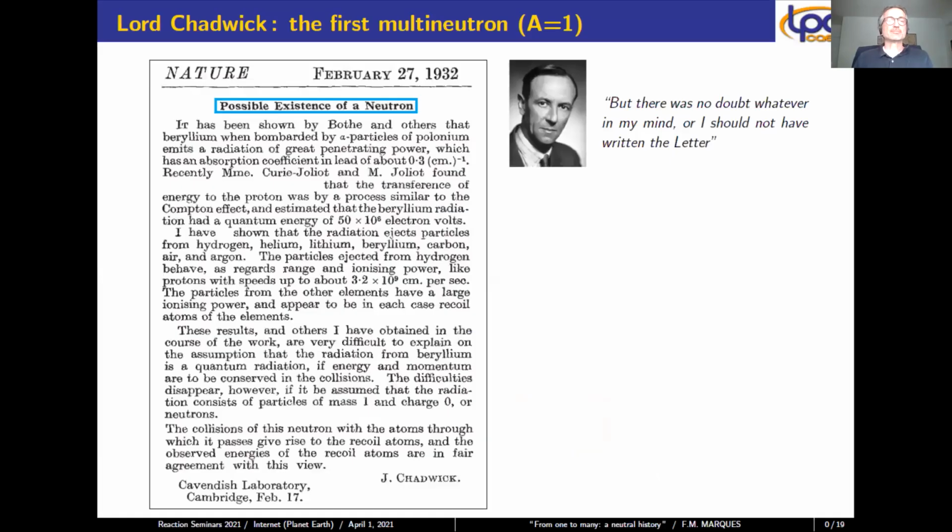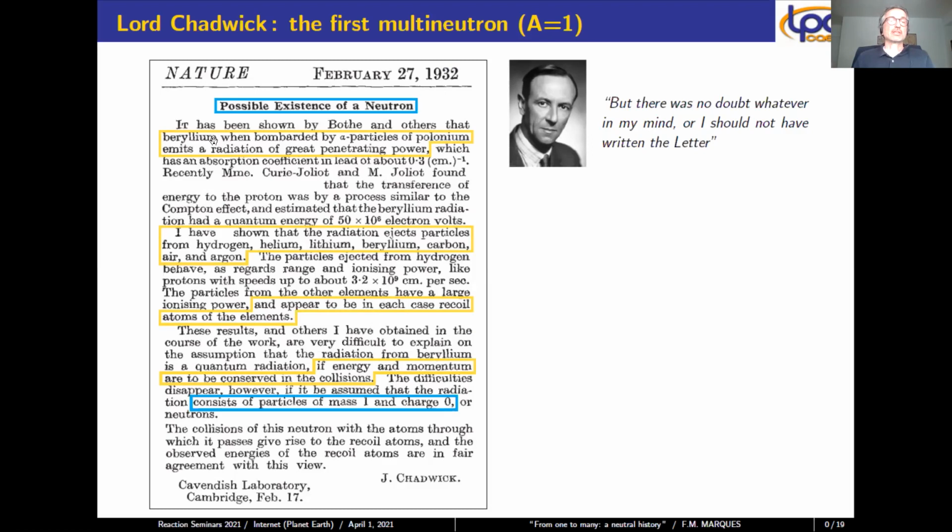So the first one is the neutron. The first multi-neutron is the neutron, in 1932. This is the original Nature paper from Chadwick. Even if he was completely sure about his discovery, the title was "Possible Existence of a Neutron." So here you have some text where he describes